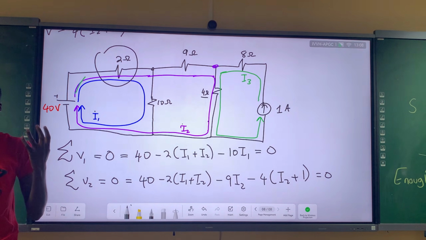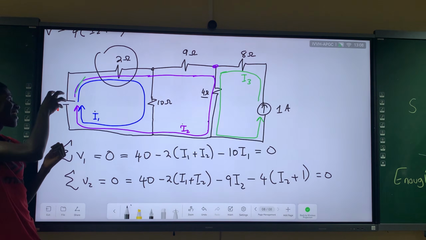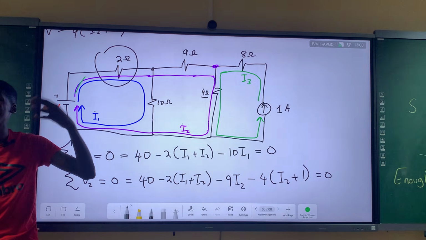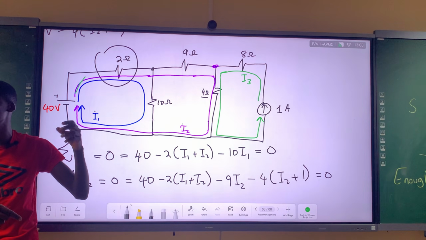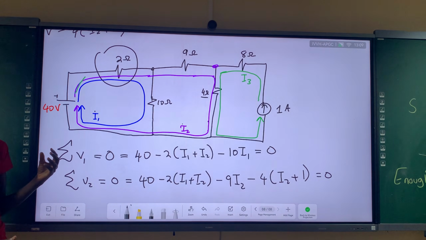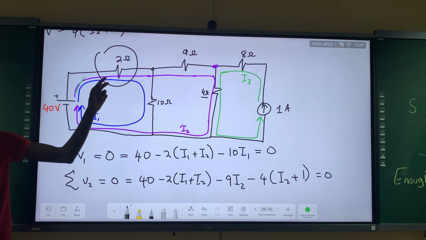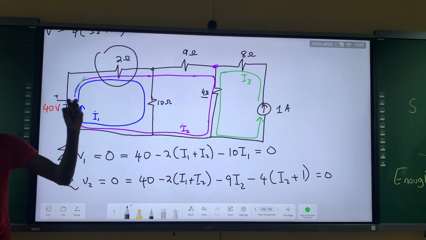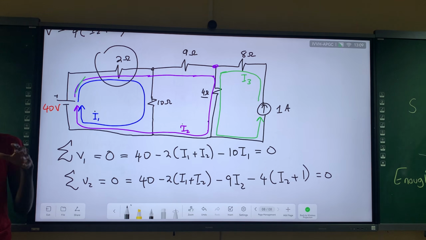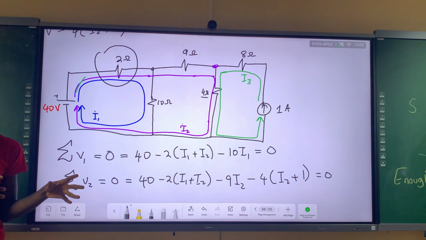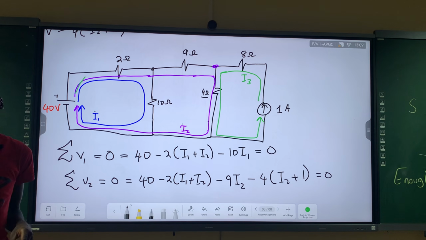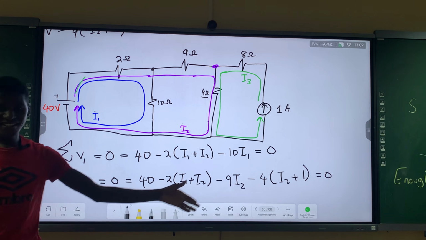Although someone might say that the current from the 40 volts source is the only one entering the 2 ohms resistor. Yes, realistically it's the only one entering the 2 ohms. But in terms of loops, we have 2 loop currents that we add. That's why it is known as the loop current method. It is not the actual realistic current; it's just a mathematical current that we create to be able to solve these problems. So the rest, you do the maths.